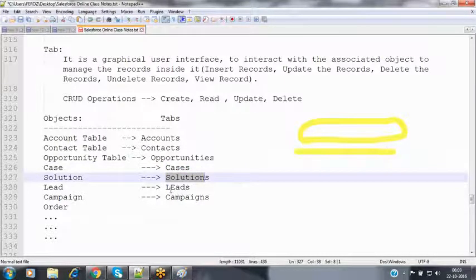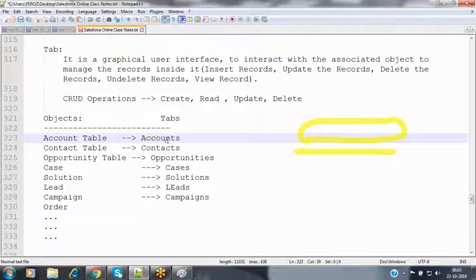Then why do they use this notation? By using a graphical user interface, how many records can I create? We can create one record, then one more, and then one more. We can create and manage multiple records by using this graphical user interface.